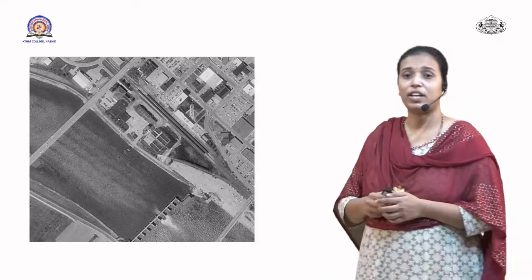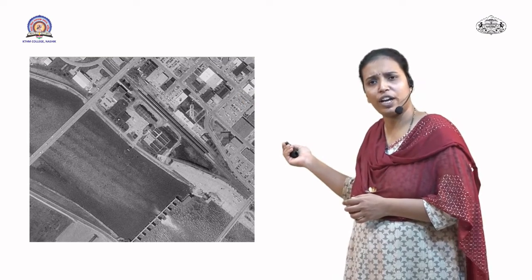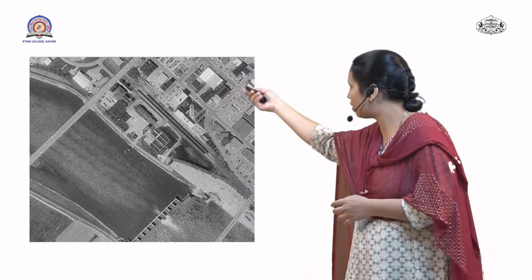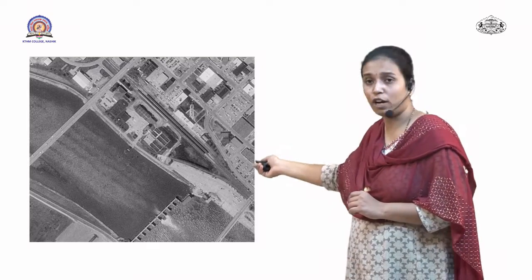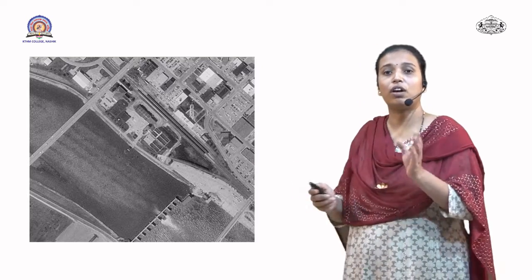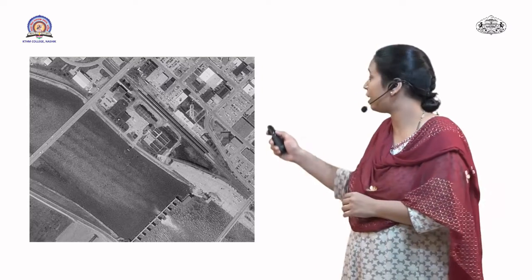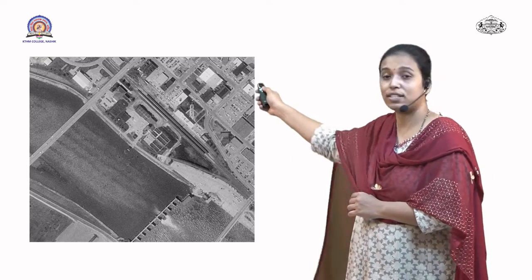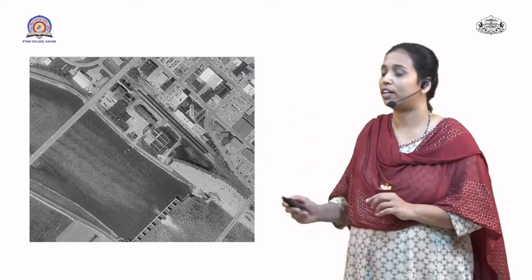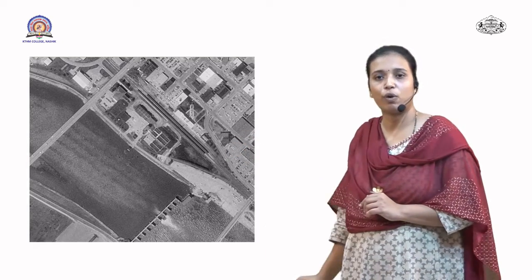With the example I will explain to you. Here you can see that there is a smooth texture with dark tones. So the flowing, it may be any river, but you can see at the end of the image the water shows a very rough texture. Rough texture means it may be falling from a certain height. That means this is a dam area. It is the collection area of water from where the water is flowing down.